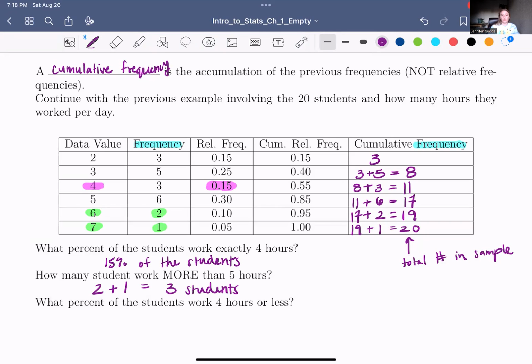What percent of students work 4 hours or less? All right, a couple ways to get to this. Again, with percent, we're looking at the relative frequency. If they're asking for the number of students, you're looking at the regular frequency or the cumulative frequency. Relative frequency is going to give us that percentage. So we are looking at 4 hours or less. The numbers that go with 4 hours or less is 4, because that is equal to 4 or less. So that's 3 and 2. So I can either add up these 3 values,